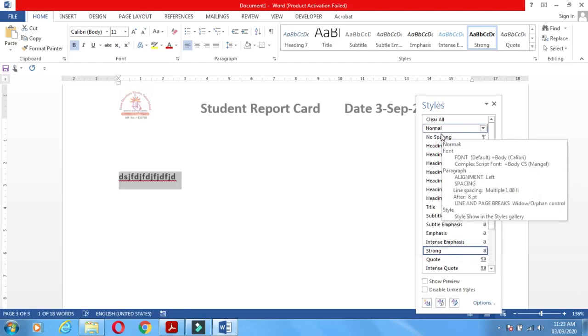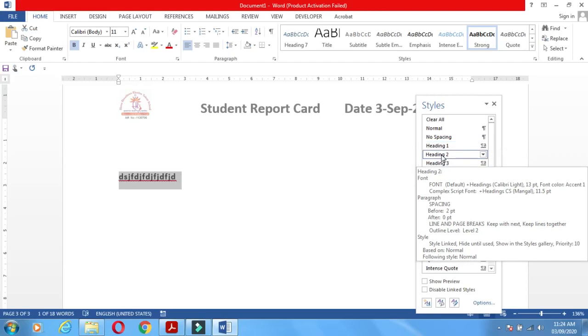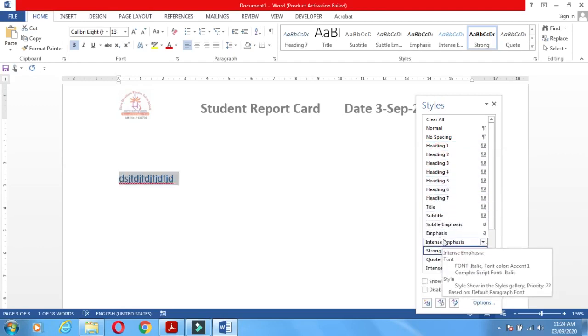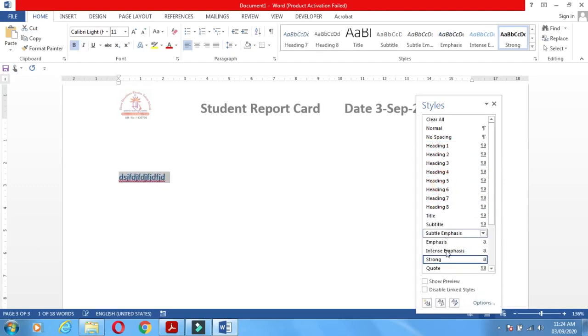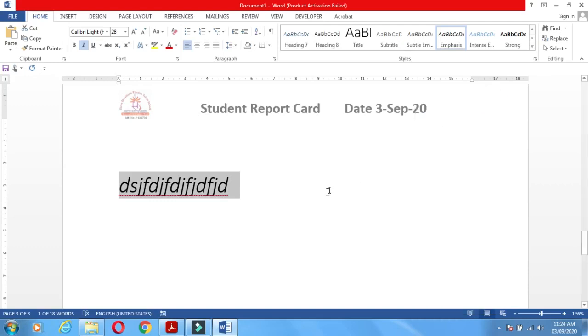Normal, No Spacing, Heading 1, Heading 2, Title, Subtitle, Emphasis. So in this way you can apply the different styles to your text in your document.